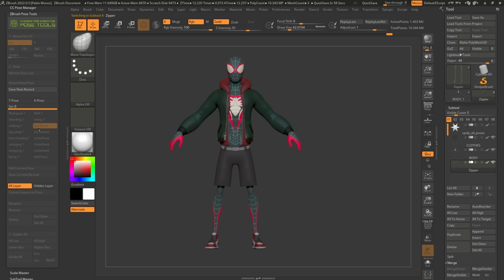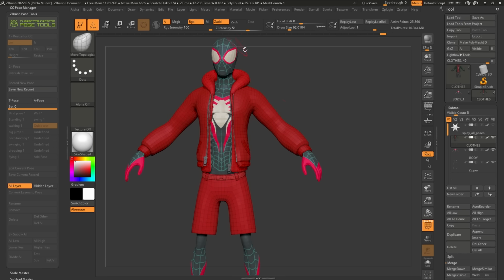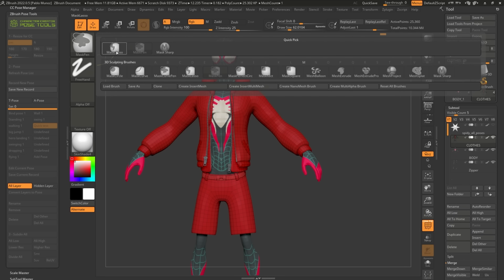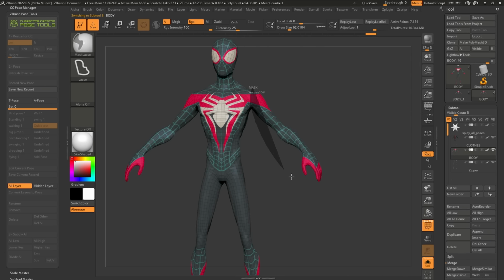All right, so now we have quick test enabled here, and you see everything is grayed out, and we're currently in recording mode. So let's go ahead and send everything to the lowest subdivision level so that we can work a little bit better. You'll see every single piece is now in the lowest subdivision level. Very briefly, I'm just going to go ahead and use masking tools. So I'm going to hold the control key, access my masking brushes, and maybe go for the mask lasso. And I'm going to take this arm and then just mask the whole thing, right? I'm going to do the same thing for the body, kind of like mask this area as well. Oops, I had symmetry enabled, so I'm going to turn that off.